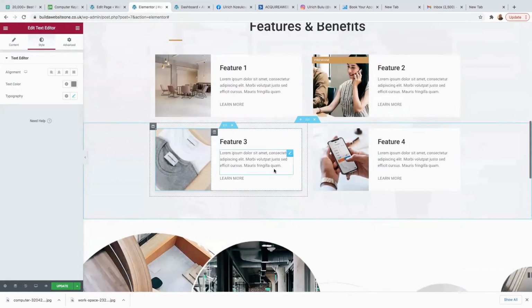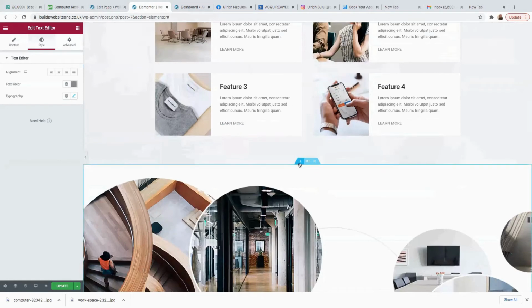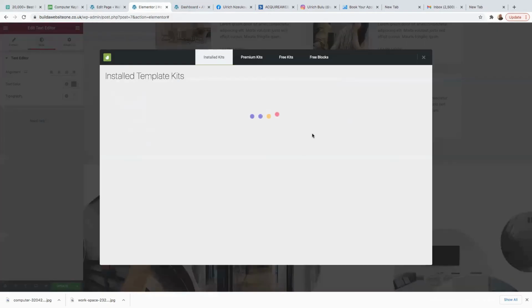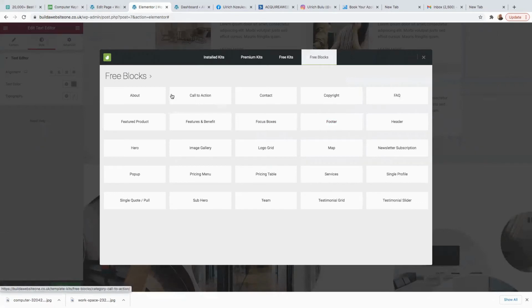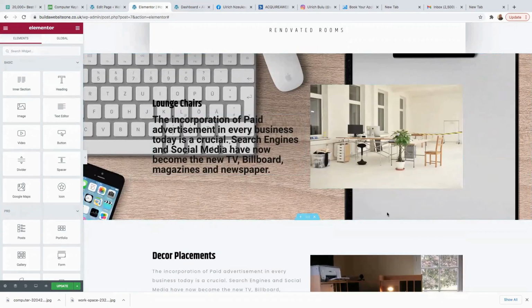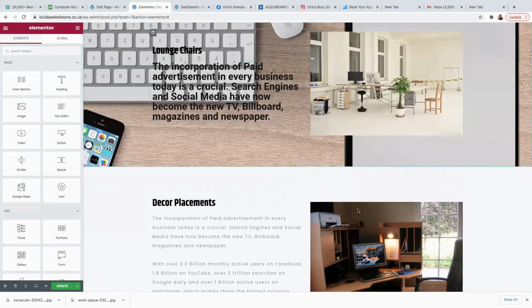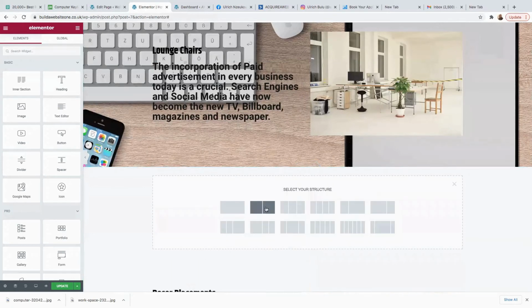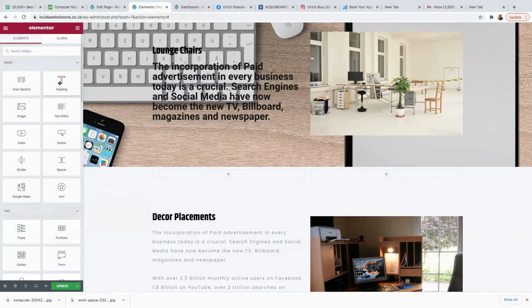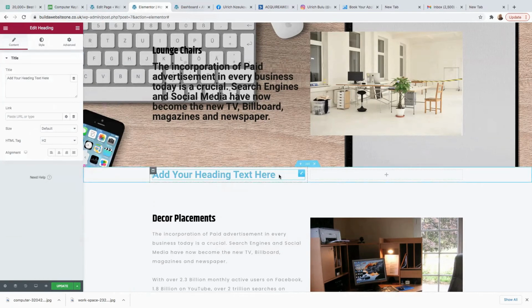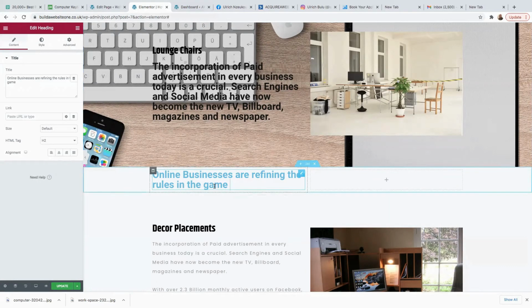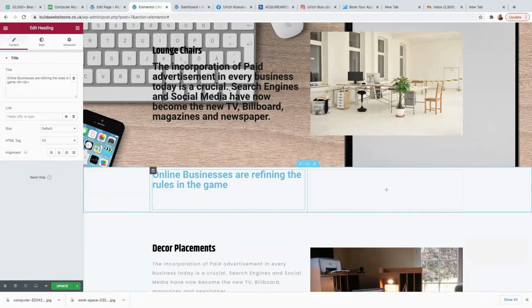If you want to add another section, so another section we're going to add is the call to action. I'm going to add an opt-in page here. So basically, I'll just click on this area, and then I'm going to add two rows. I'm going to add a text, and I'm just going to say here, online businesses are redefining the rules in the game. And if I want to center this text, I'll just go down here again and say, learn